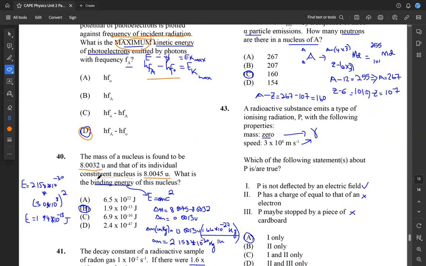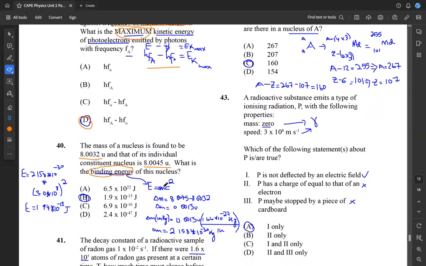Binding energy, right? So the binding energy of a nucleus is given by this Einstein equation, which is E is equal to delta m c squared. As I said earlier, there's some kind of difference between these masses. That's this mass defect, and that's really what contributes to the binding energy. So that mass defect can be calculated as 8.0045 minus 8.0032, and so we get a delta M of